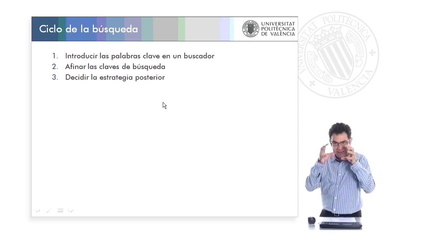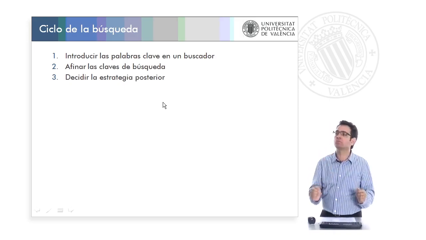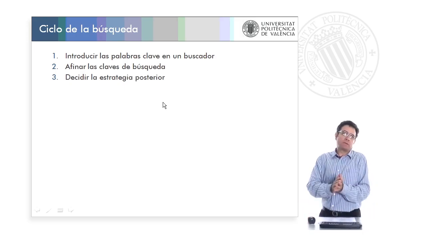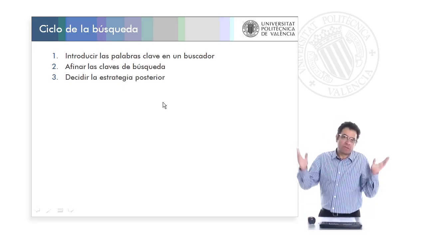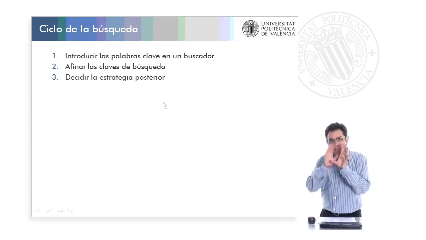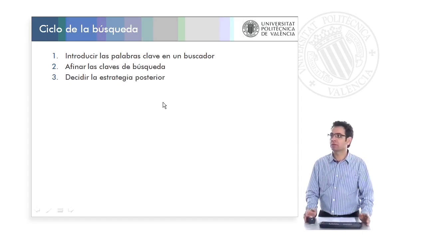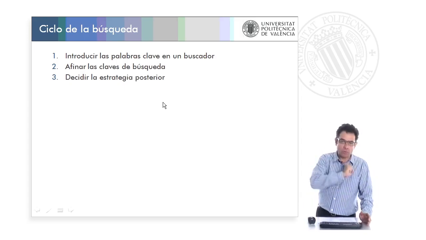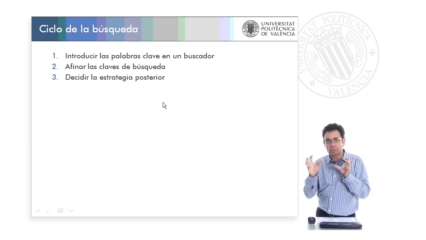Then we will enter it in a search engine. Normally, many results will pop up, lots of different websites that can appear easily. Therefore, the key here is basically to refine those keywords. We will be adding words, removing some, modifying others, summarizing. We will be refining the search, and we will obtain more and more refined results that will allow us to